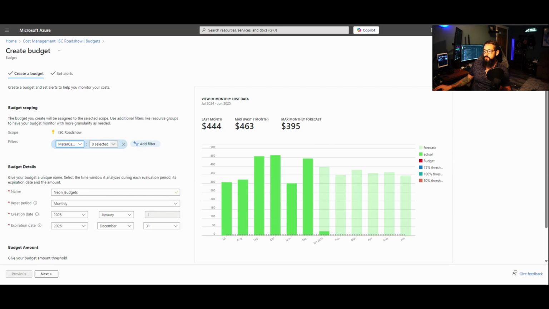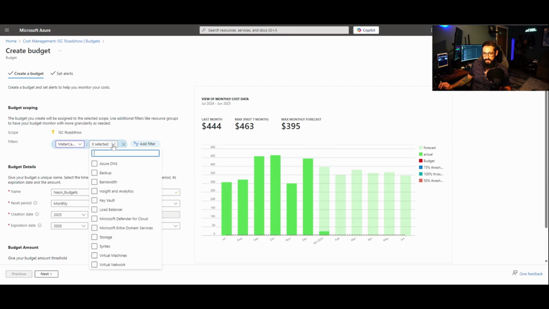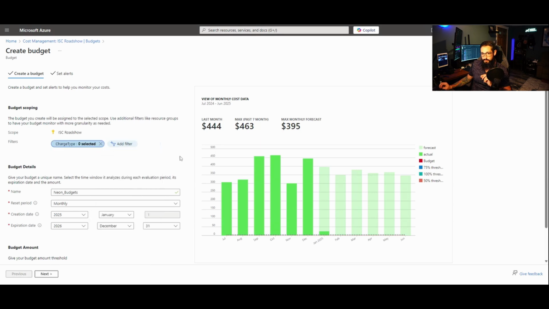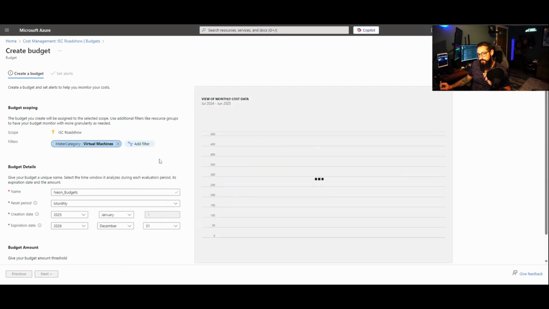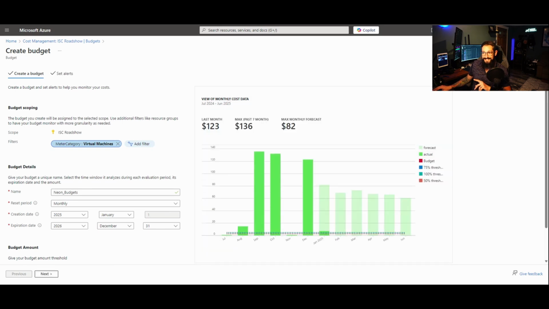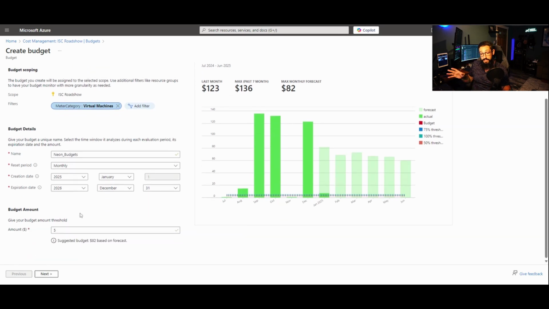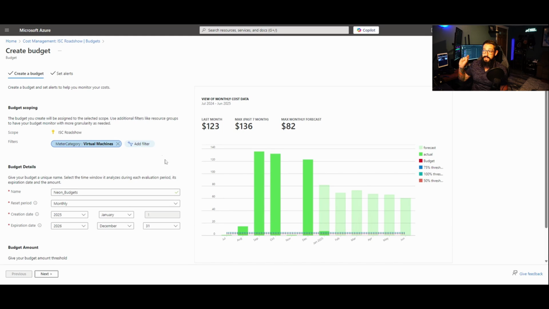What you can do is come in and create a meter category alert for virtual machines. Now, if everything is reserved in your environment, that number should stay at 0. So if I set an alert for, say, $5, the second a virtual machine is changed and no longer matches a reserved instance, they start showing back up in Azure Cost Manager,